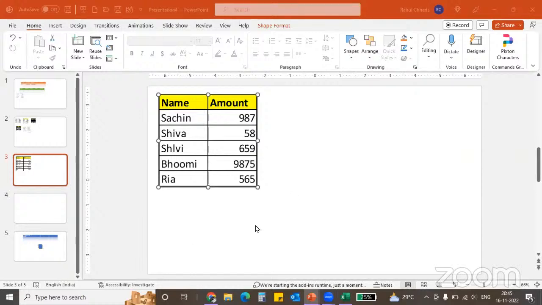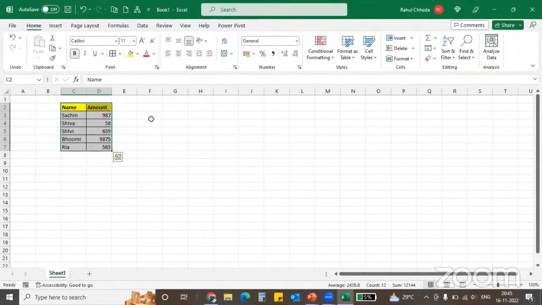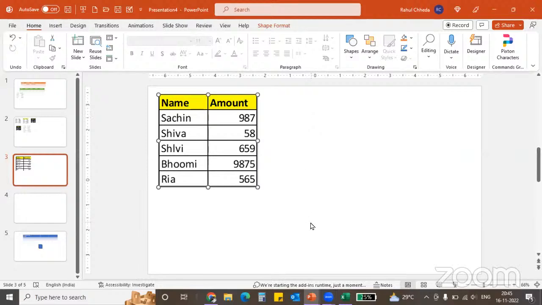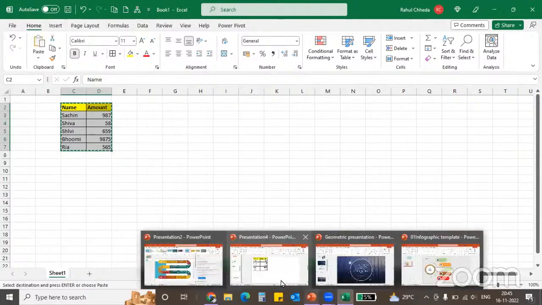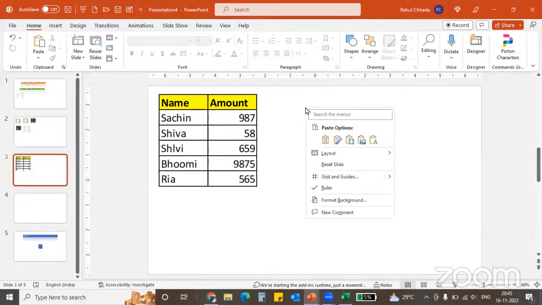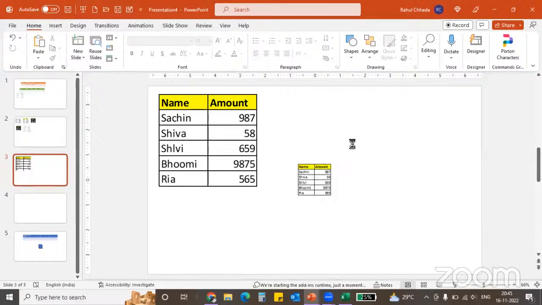If we make any changes here in PowerPoint, it will not make the changes in Excel in this option. What we have done will go into the Excel itself directly. If you are doing an embedded one, then it will reflect directly in Excel. So when I'm here and I paste the data, let's copy this and go here, and paste this as an embedded option,